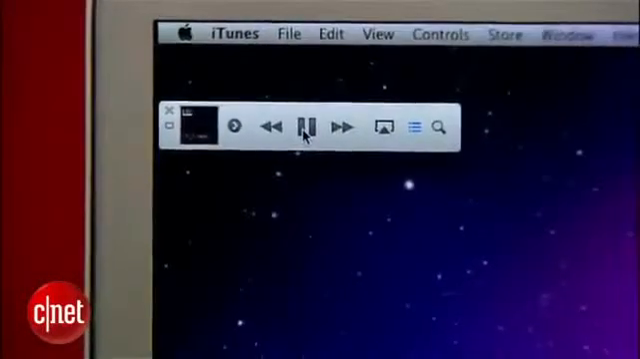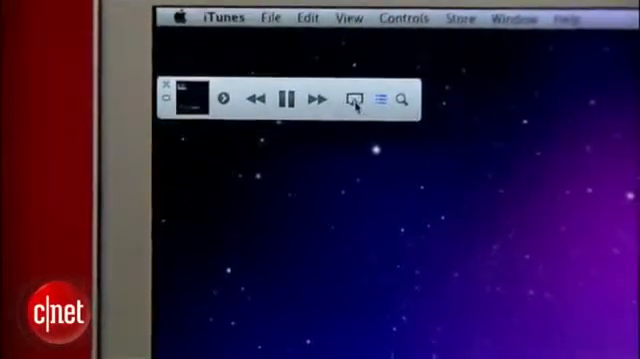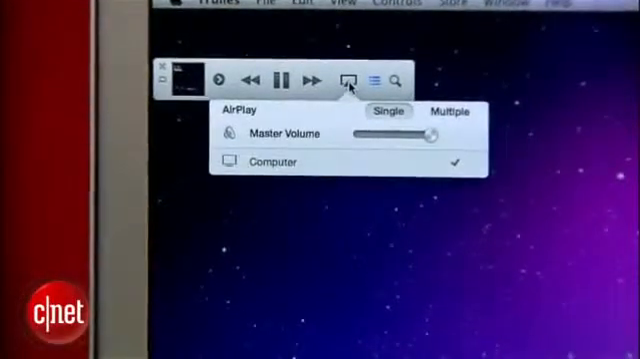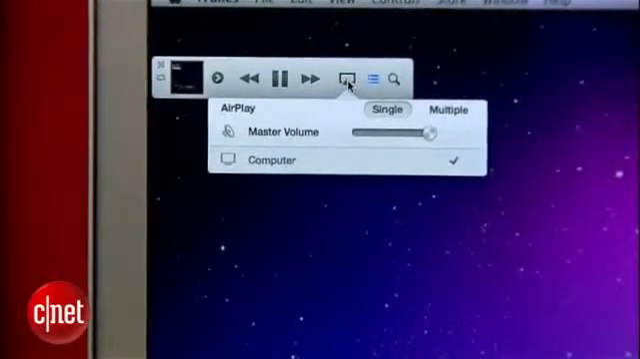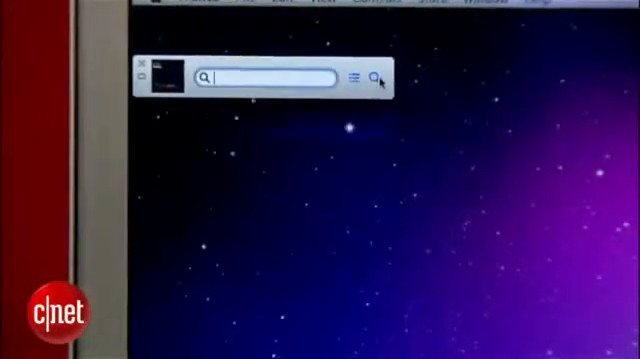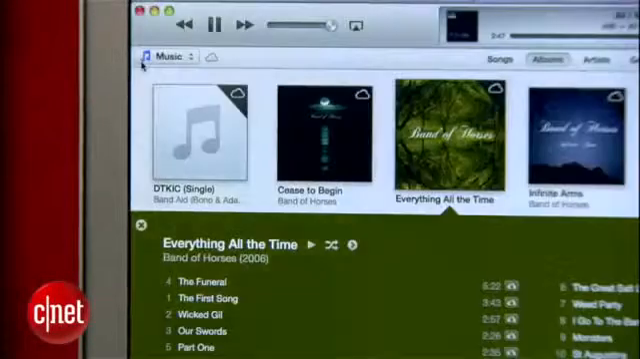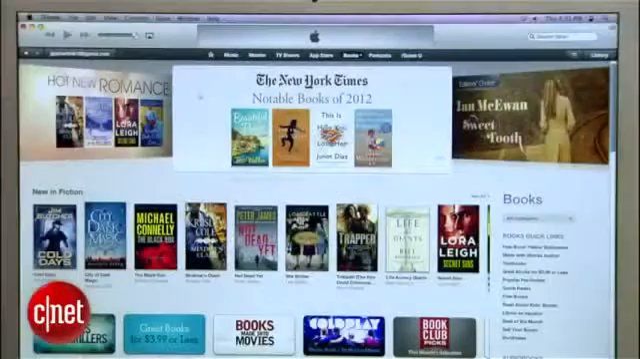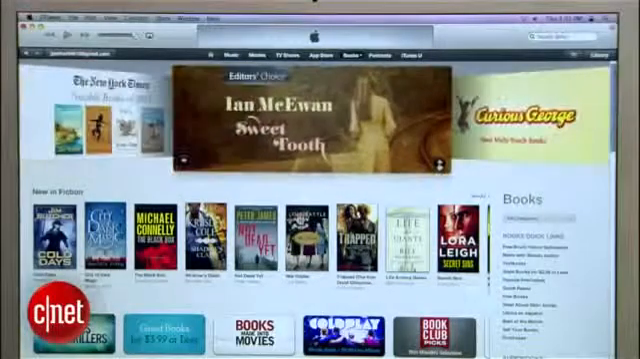library. Along with standard controls for play, pause, and skip, you also get AirPlay controls for sending the music to another device, a button to see what's queued up to play next, and a search button to find a song quickly. When you want to go back to full screen, just click the small box and you'll be back in full screen view. If you want to get a new song or movie, of course, you can go to the